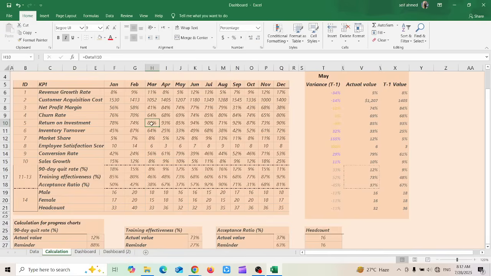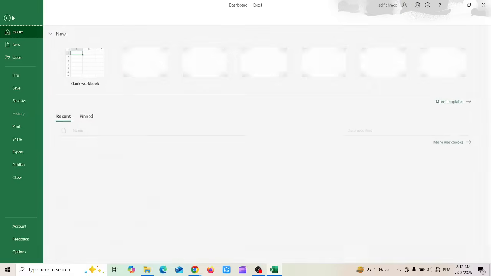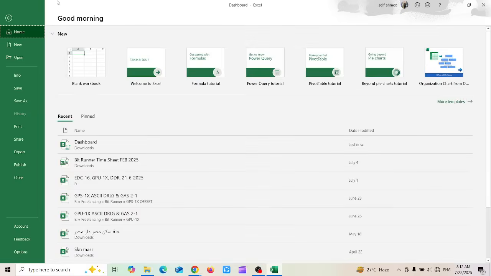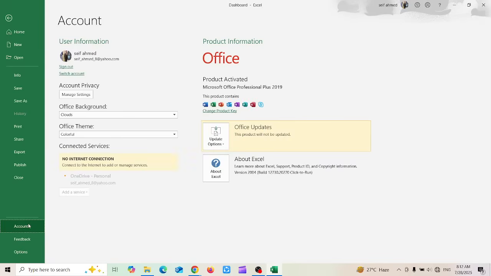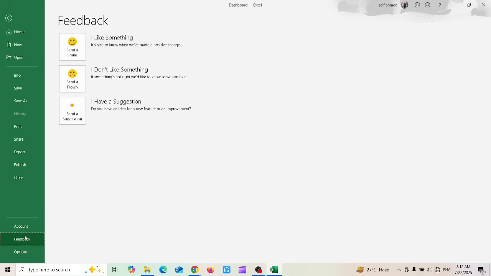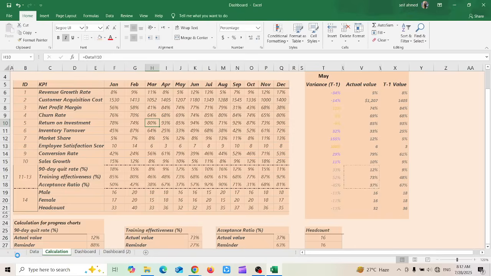However, other users who are not granted access will not be able to get to this step. They will only have the option to read only the file. So this is basically the file option in the top menu. You can also access your account settings. You can give a specific feedback of something that you like or you don't like about Excel, and you can access more